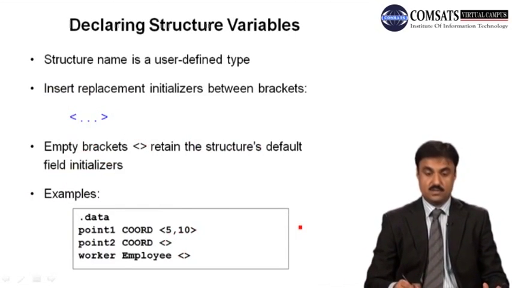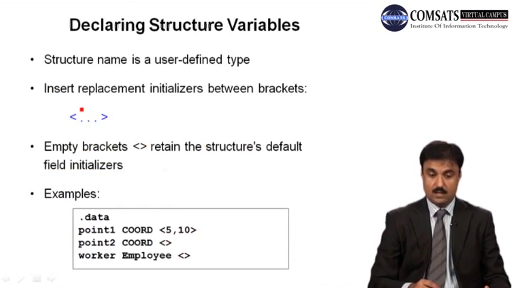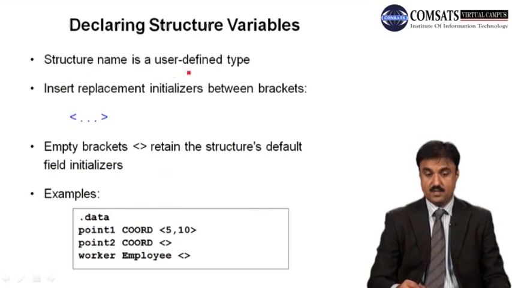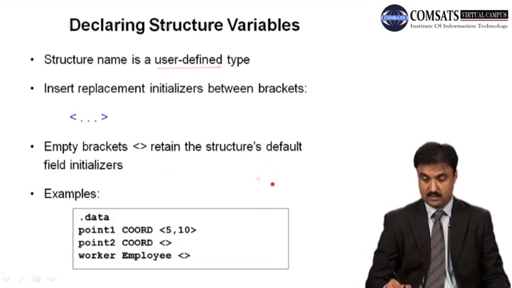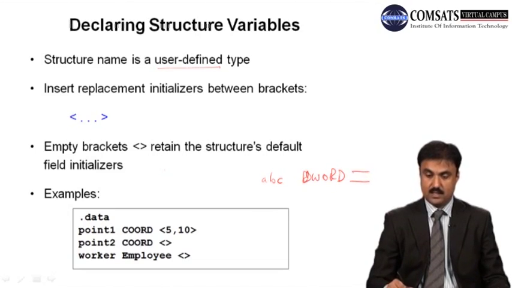Then we are declaring structure variables. For example, the structure name is used as a user defined data type. If we declare a variable, in the previous one you saw ABC double word, so we use double word. Here you can see ABC is the name of the variable, and this is the data type. Now here we will use any of the variable,